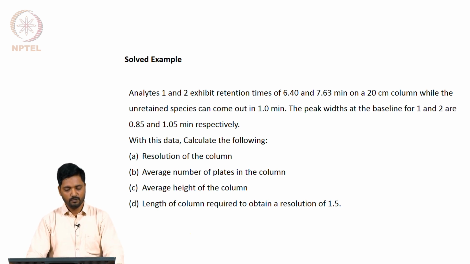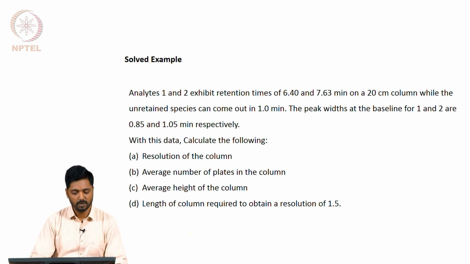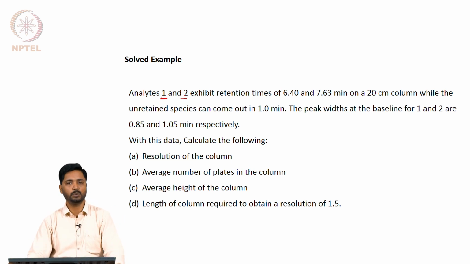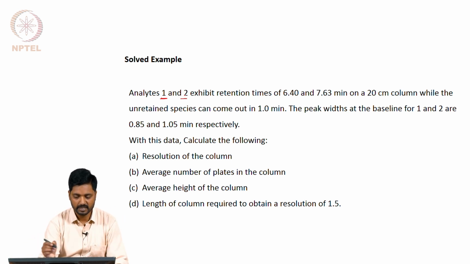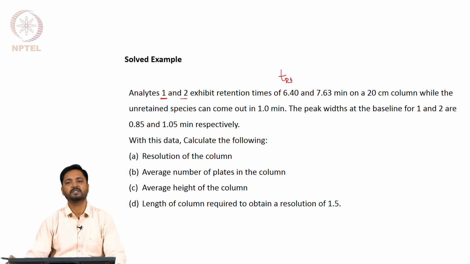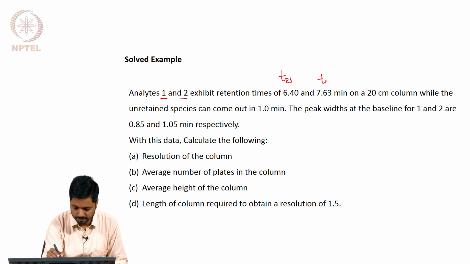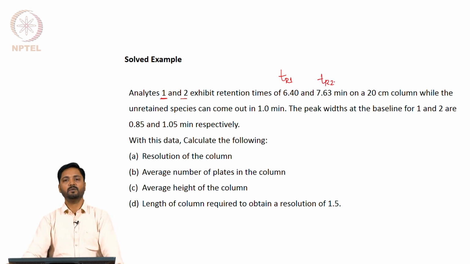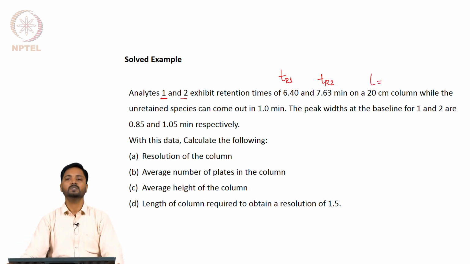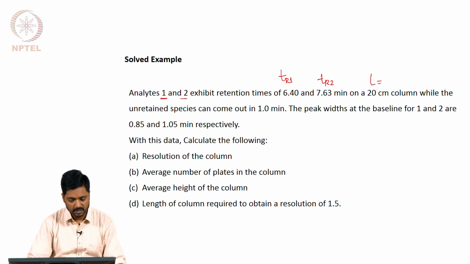So, here for example, we are talking about separation of two analytes, analyte 1 and analyte 2, that have retention times. We can describe this as Tr1 as 6.40 and Tr2 as 7.63 minutes, and the column length L is equal to 20 centimeters,